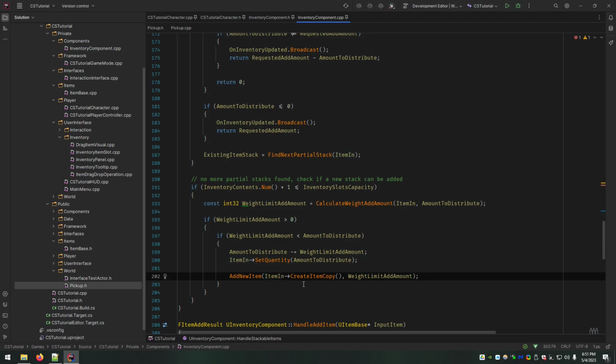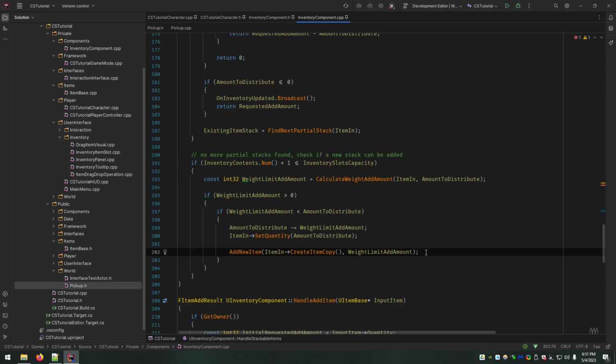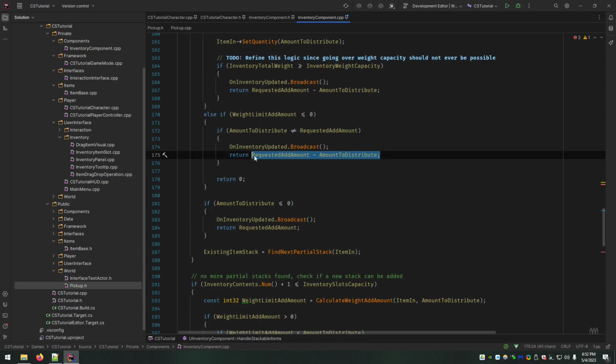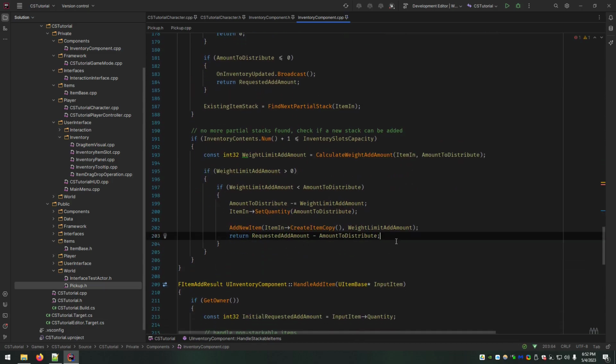That's going to give you some serious bugs, which I encountered when I was creating this, where you start trying to do stuff on the inventory and the numbers get all crazy and it just went very badly. That's why I came up with the create item copy function and realized that was crucial, right? Because if we're adding a new stack, we're still going to reduce everything on the pickup on the ground, but now this new stack gets treated as its own item, so that it has its own place in memory. And then since they were different, we just take this same calculation and that's what we're returning.